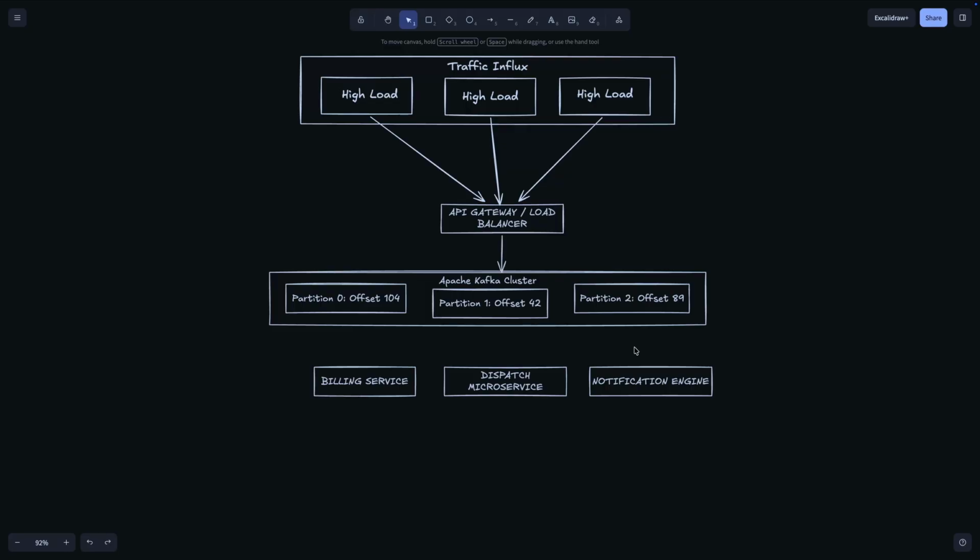If traffic spikes exponentially, we don't crash. The broker acts as an architectural shock absorber, holding the messages safely in the queue until the services compute them. Finally, the processed events flow directly down into our distributed data tier and vector database, ensuring our data layer matches the speed of our ingestion cluster.